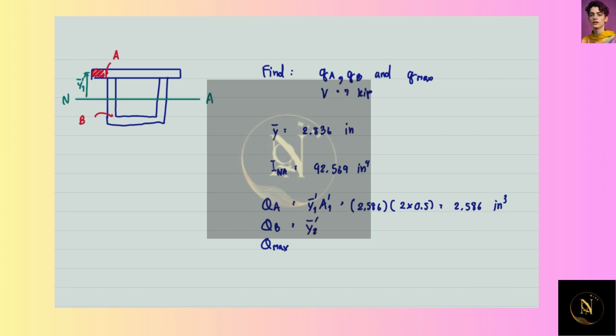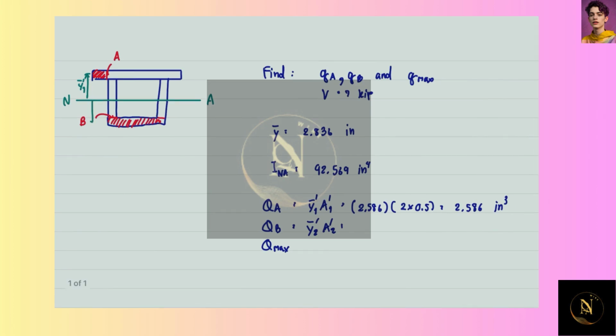and QB is y bar 2 times A 2, and area A 2 is the red area here, and the level y bar 2 is here. Okay, and it is 3.414 times 7 times 0.5, that is 11.95